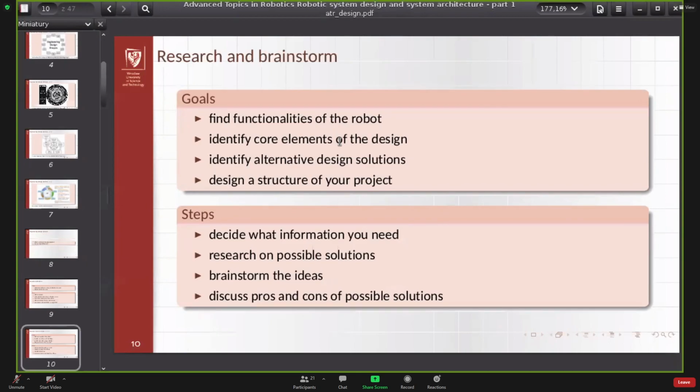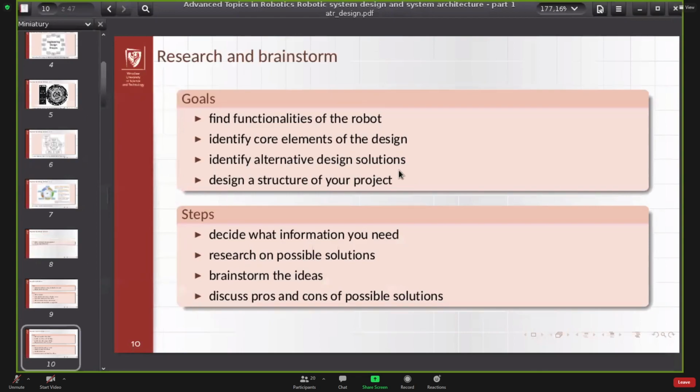But for example, receiving this mail can be done either with the manipulator and the gripper, or maybe you can say, okay, we just open a box and the user themselves puts the mail in this box. So some elements are core elements that must be there. Some elements can be solved in different ways, and so you can identify them as alternative design solutions, and